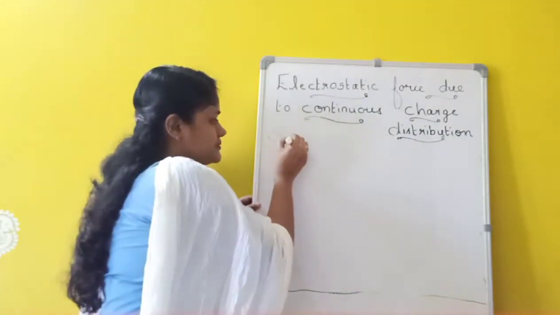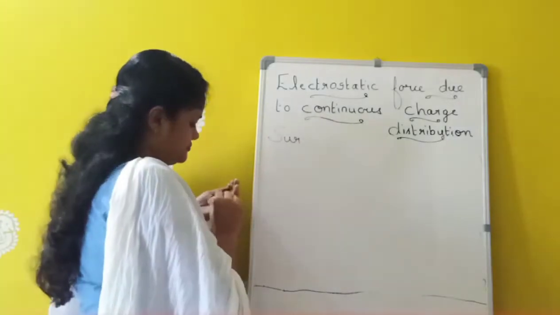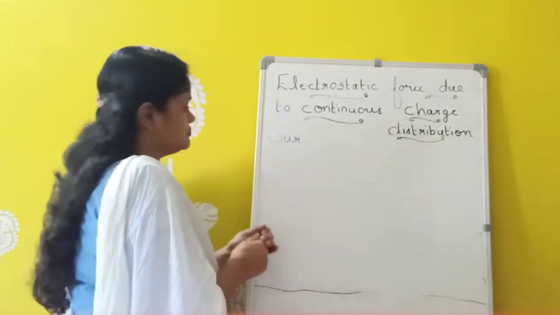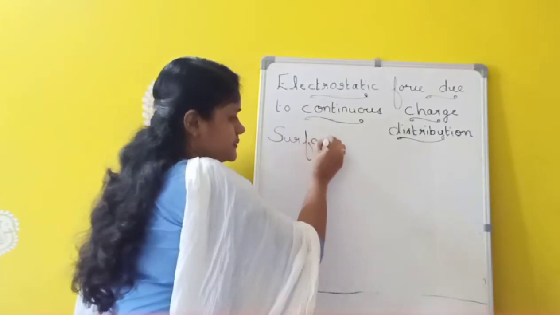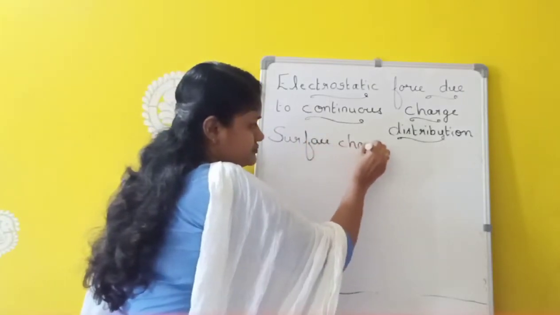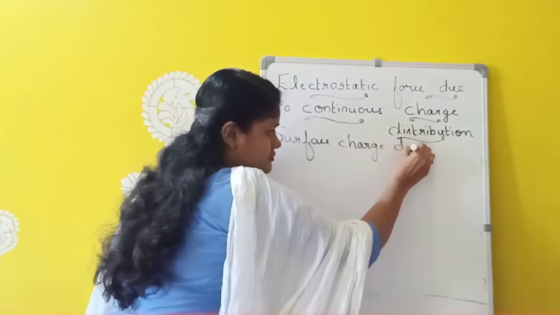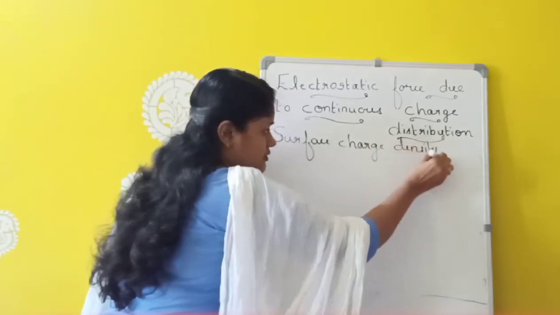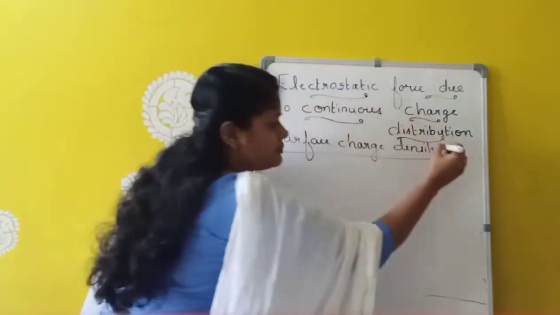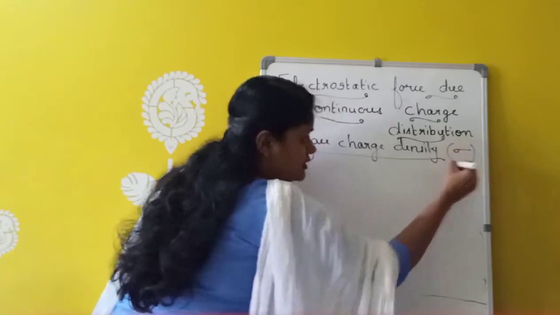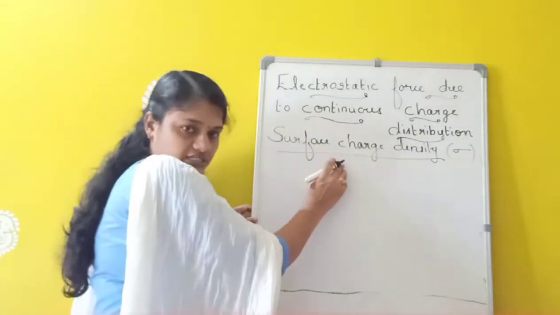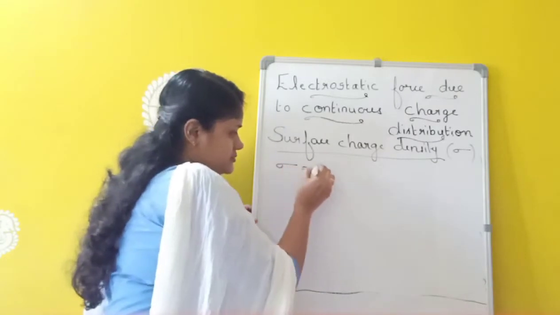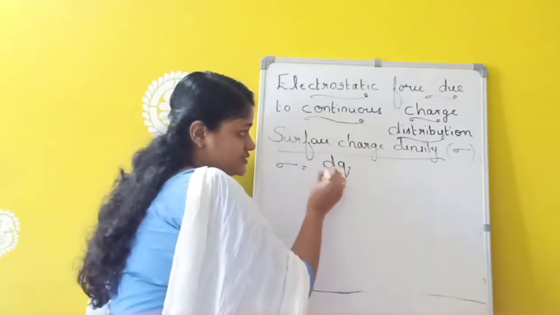The surface charge density symbol is sigma. Sigma is the symbol for surface charge density, and the surface charge density is given by charge per unit surface,